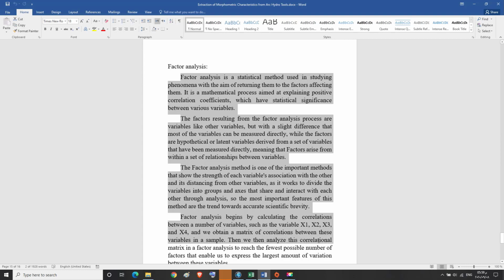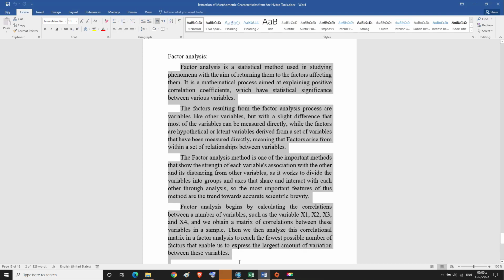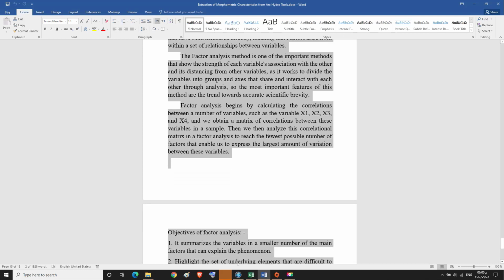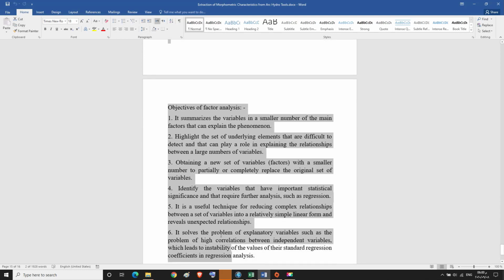Then we analyze this correlational matrix in a factor analysis to reach the fewest possible number of factors that enable us to express the largest amount of variation between these variables.